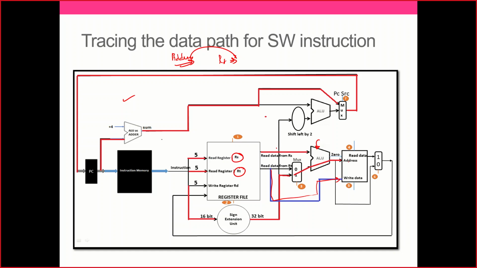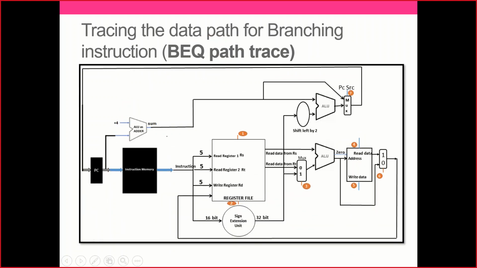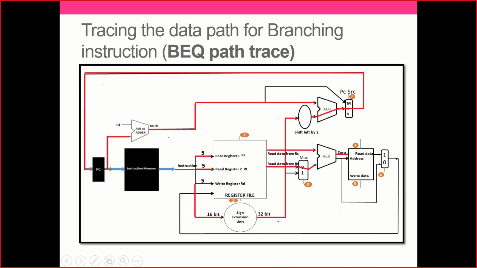Now the most important component is yet to be seen. How do we trace the path for BEQ? This is the first time we trace the path for BEQ. And how do we do it? Very simple. We are going to understand how branching works first. R1 and R2 will be compared. When they are compared, if the result is 0, which means they are equal, right? This is the way they are compared for getting equal.